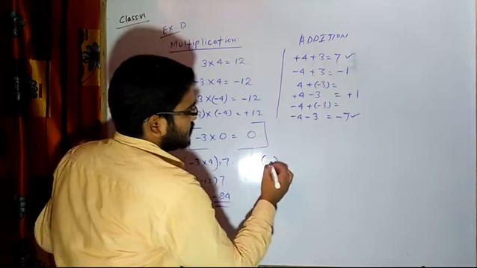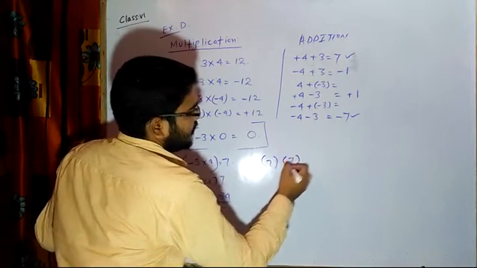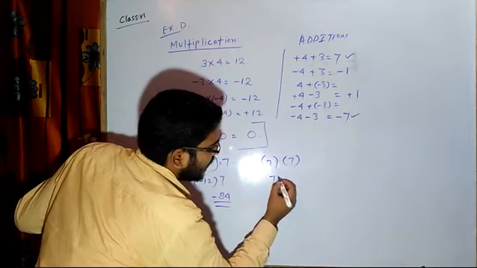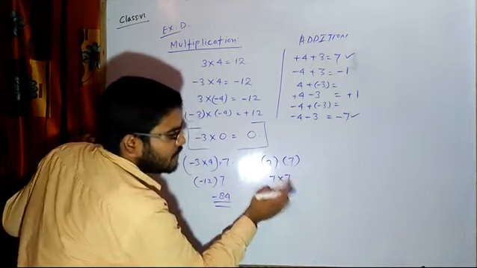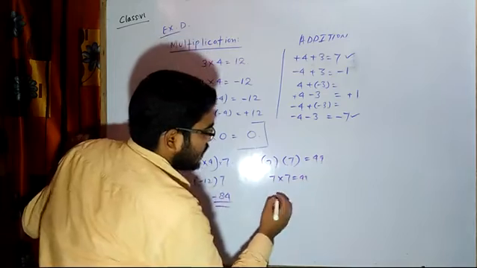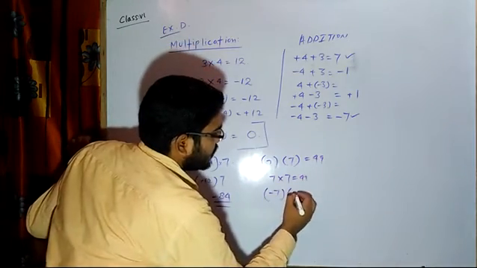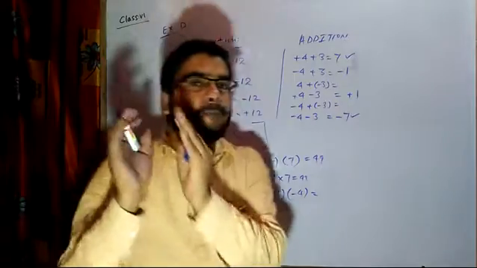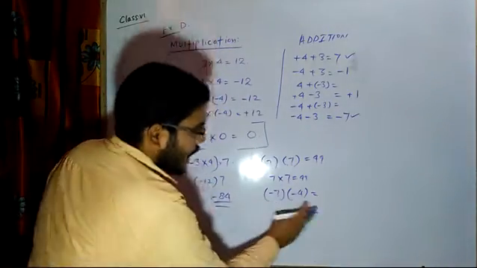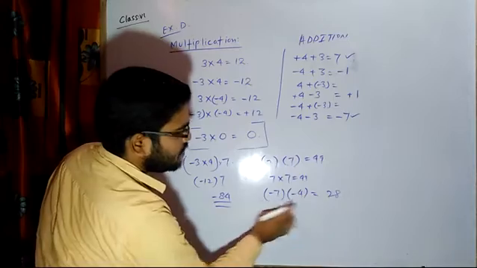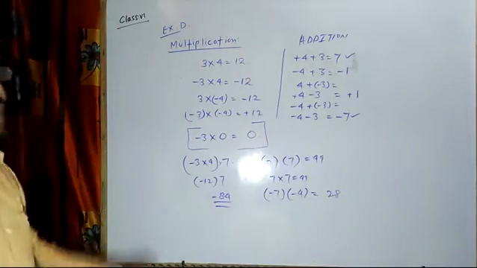If we write 7, 7 for example, bracket into bracket, that means it is actually multiplication. It is written as 7 into 7 or 7 bracket 7. So this will be 49, this will also be equal to 49. If I write minus 7 multiplied with minus 4, then two numbers separated by a bracket means we have to multiply, 28. Same sign, so positive symbol. So in this way we have to solve.